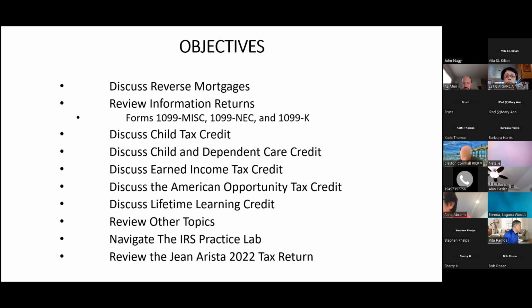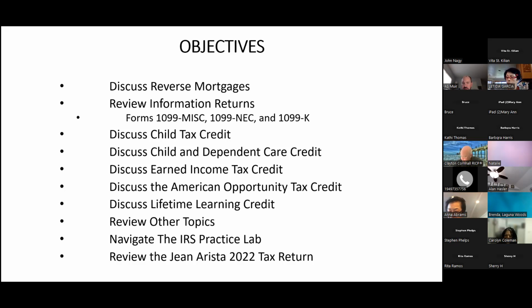And then we'll talk about the child tax credit. We'll talk about the additional child tax credit, the other credit for dependents. We'll talk about the child and dependent care credit. And that's generally when you drop off your minor child at some type of daycare facility. So you can either go to work, or you can look for work, or in some cases, there's what is called a plug figure if you're attending some type of higher education. And then we'll talk about the earned income tax credit.